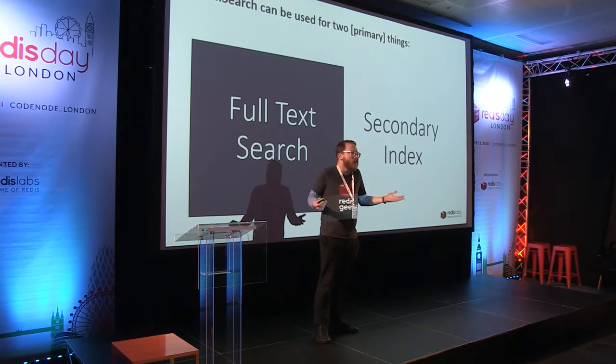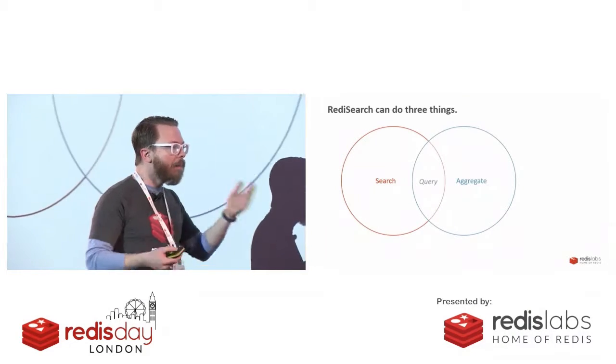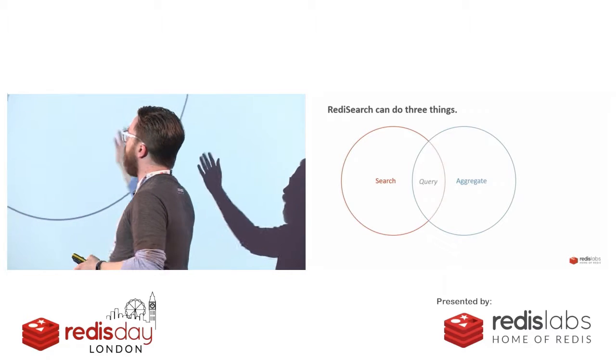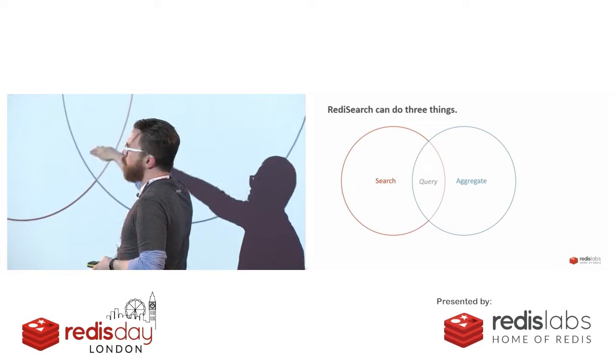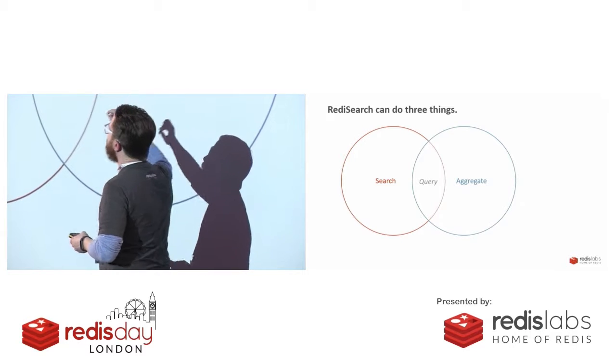What are the components of it? This is kind of what RediSearch is. It does a couple of different things. Well, three things, but a couple of them are related: search and aggregations, and they share the same query engine, right? So that means that when you're doing search and query, if you want to find things in it,